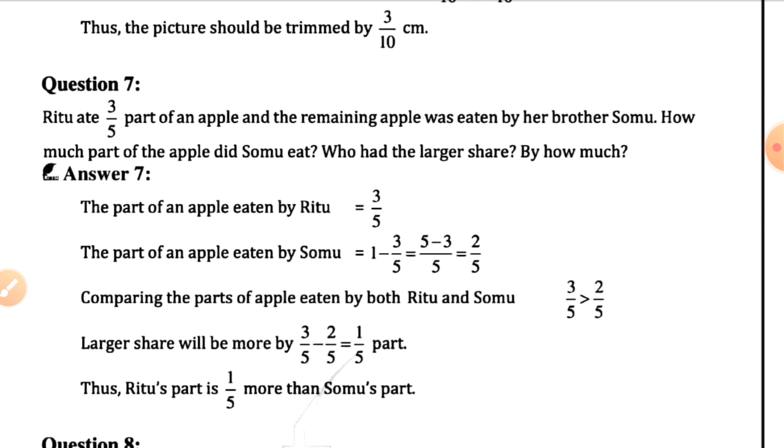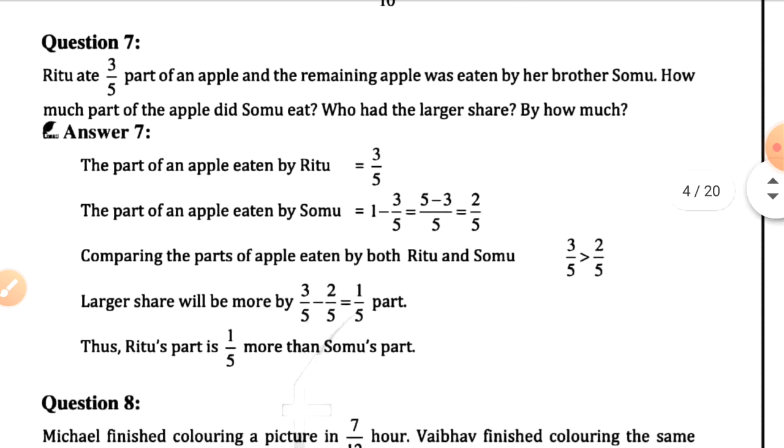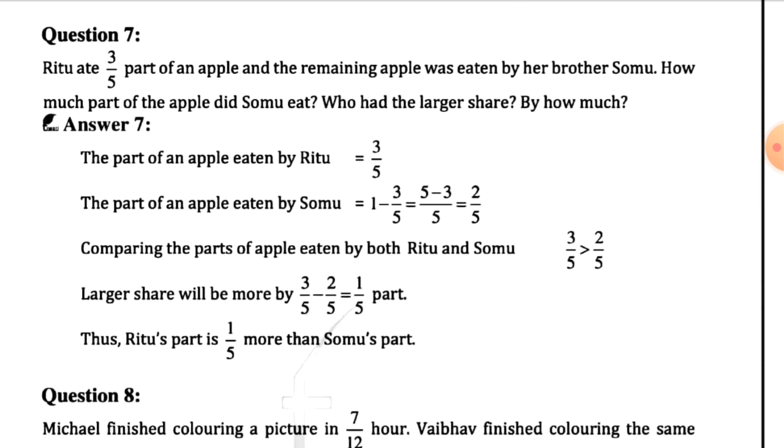In all the examples, you have to follow the same method. First you find out how to find the LCM, how to convert into a mixed fraction, how to convert an improper fraction from the mixed fraction, how to make equivalent fractions. If you know all these things, then definitely you will know how to solve the sum. Question number 7.